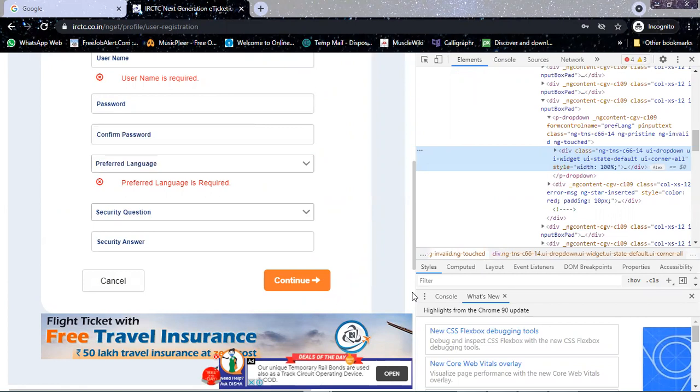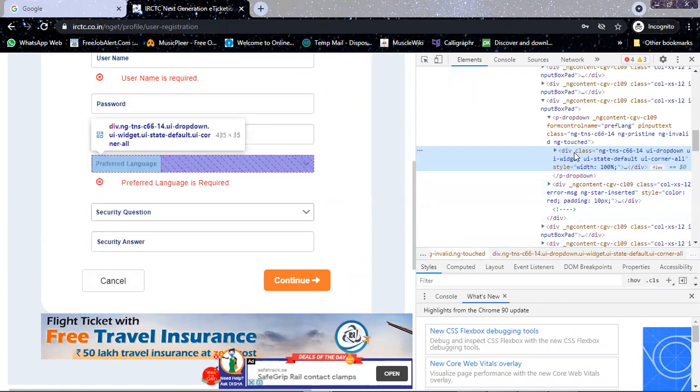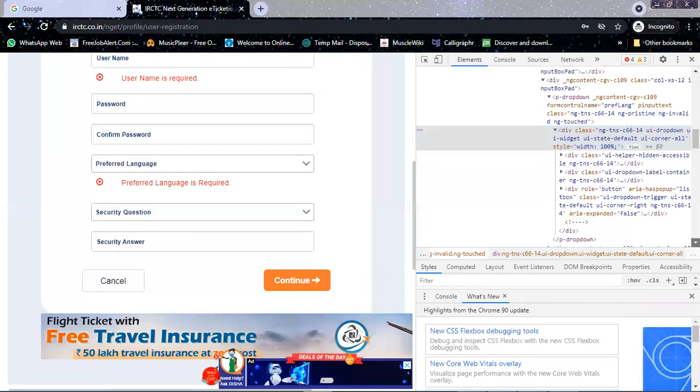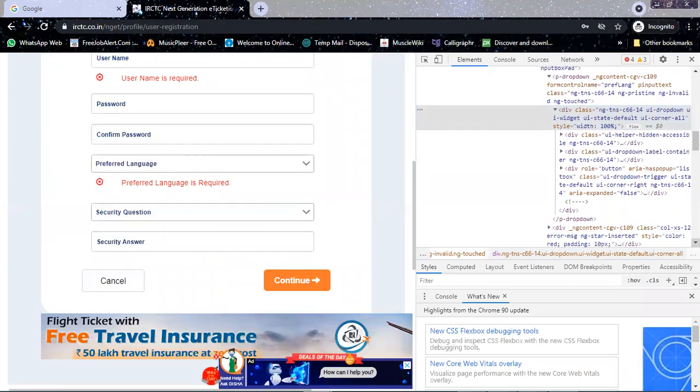What does it say? UI drop down. Expand that div. You don't see anything like select.